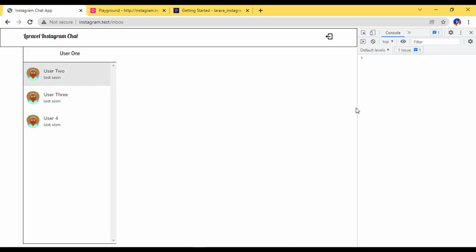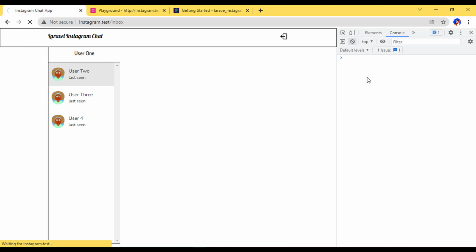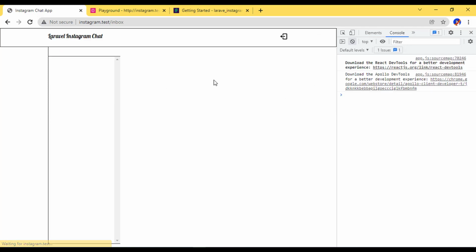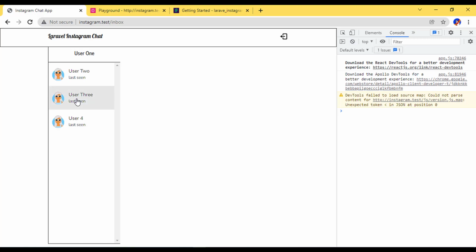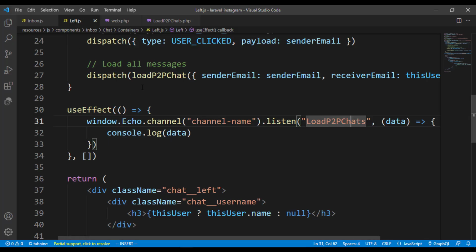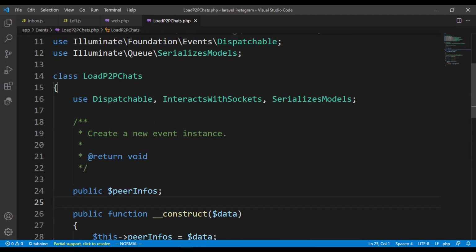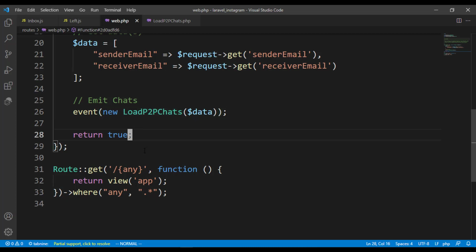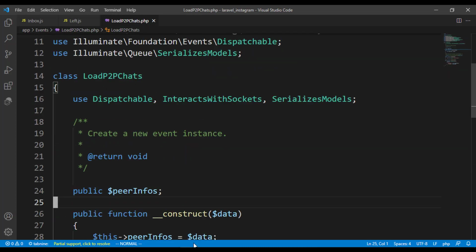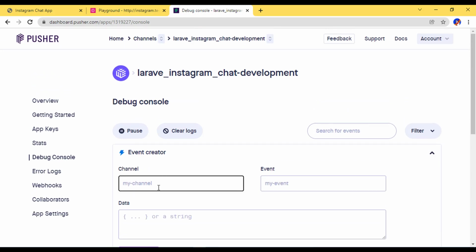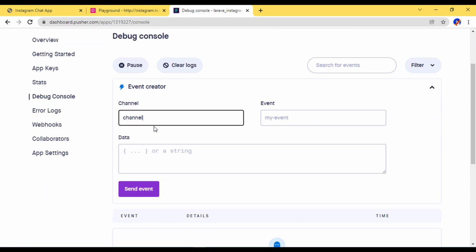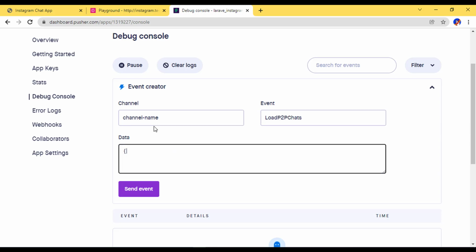I'm going to click on this, and hopefully I should be able to get something like data on the console whenever we click on that. So it's not trying to pick up, and I don't know the reason, but we actually do have a connection. So right here we are returning true, which is correct. Let me close this. Let's come over to this debug console. I'm going to create a channel using the default, and you have to use load P2P chats. And let's just say I give this a default data